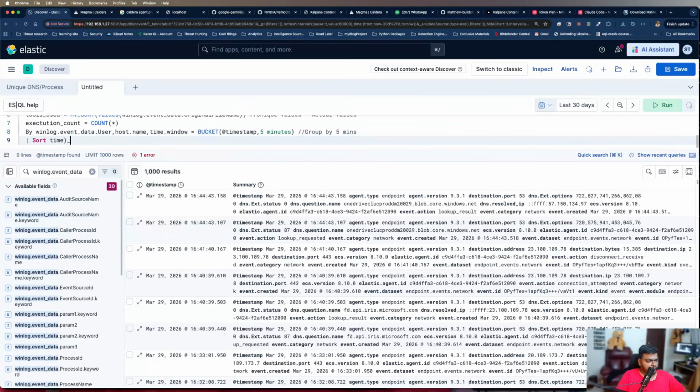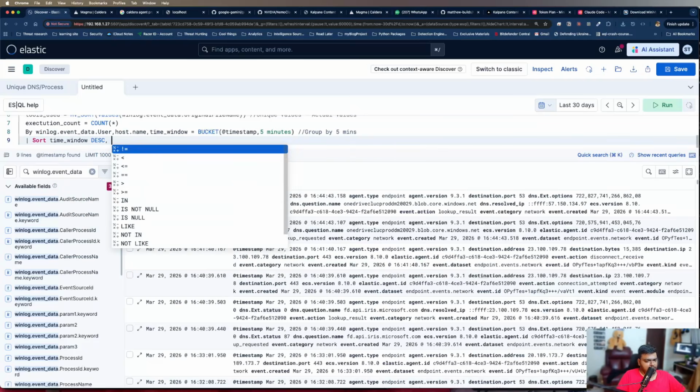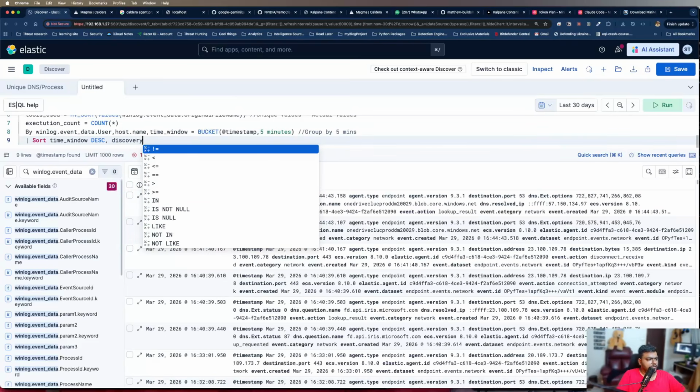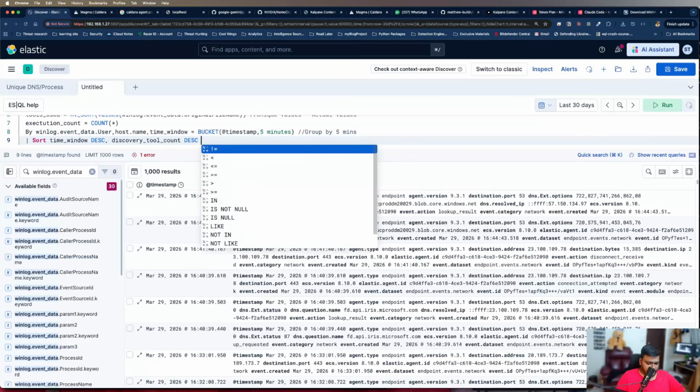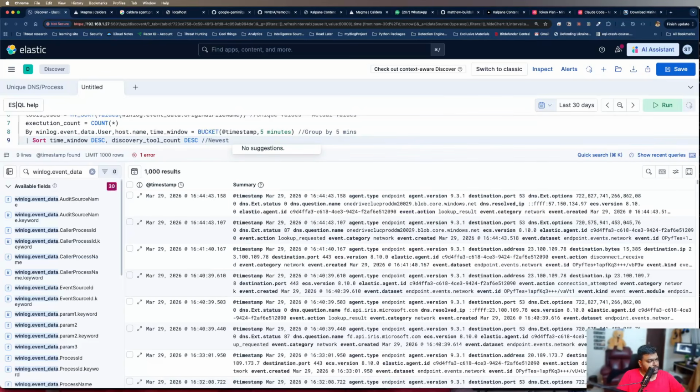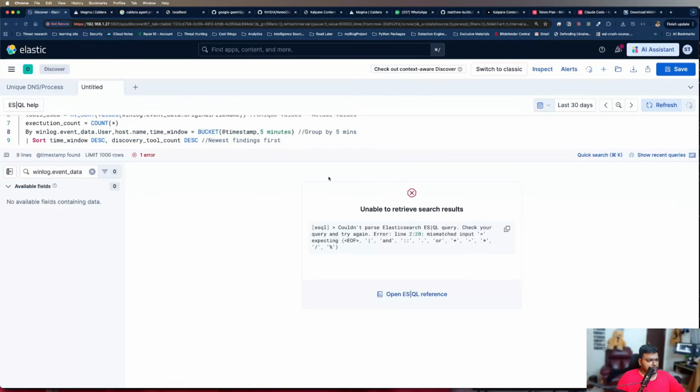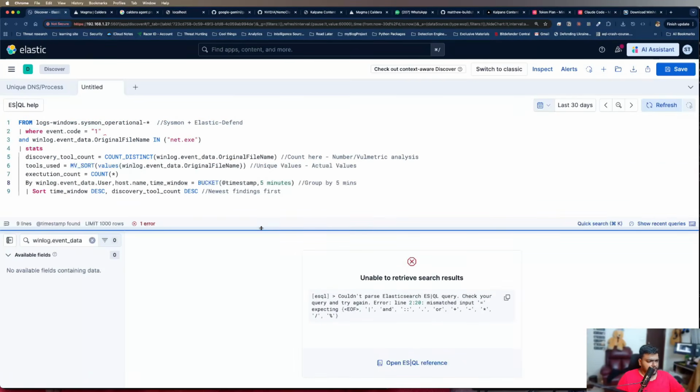We'll sort by time window, descending. We'll do discovery tool count descending, right? What we're doing, newest findings first, right? This should ideally work. Let me do that. Okay, line number 20, line number 220,